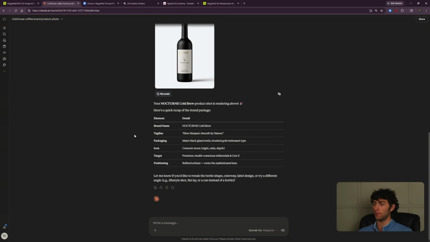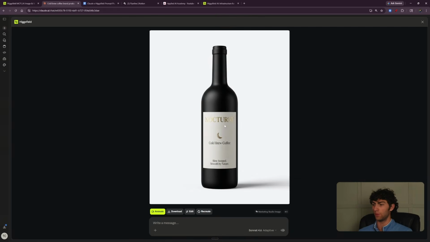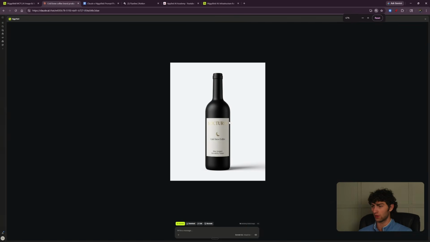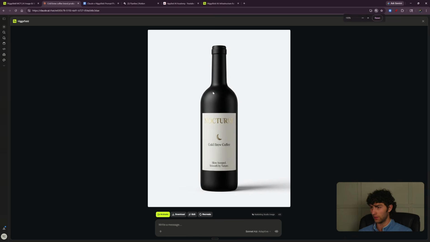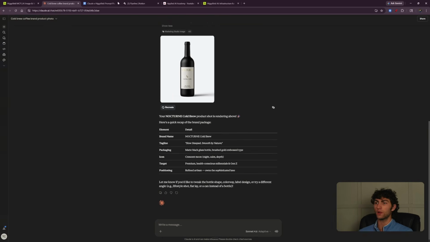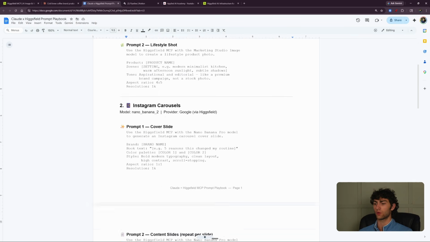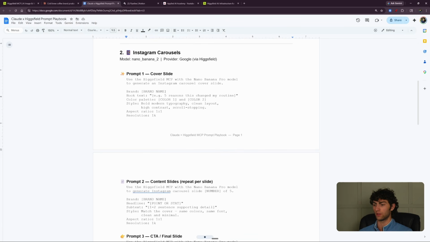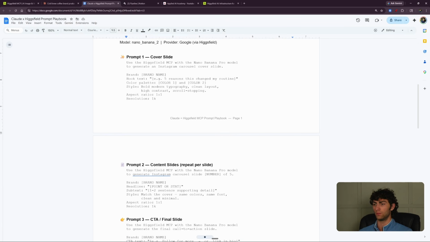But I'm not going to do that here. Just know you can go back and forth to try and get it more correct. But overall, this image does look pretty good. I might want to fix the lighting a bit. It is pretty crazy. The lighting looks like you can tell the picture was taken over from this side onto it. But moving on with this, I next want to create an Instagram carousel for this